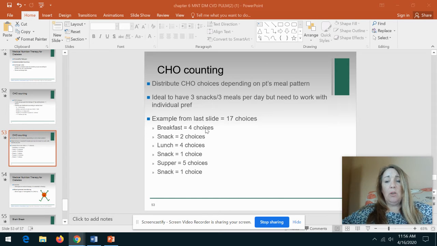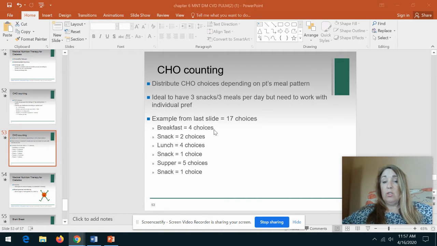You also have a document in Blackboard that is healthy eating guidelines or carb counting. It's a listing of the different food groups that we just talked about that have carbohydrates in them, the type of food, the portion size, and then how many carbohydrate choices would go along with that. So for example, here on this sample menu, breakfast of 4 carbohydrate choices, that might be 1 cup of oatmeal,